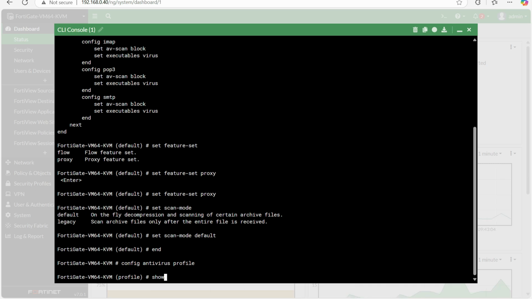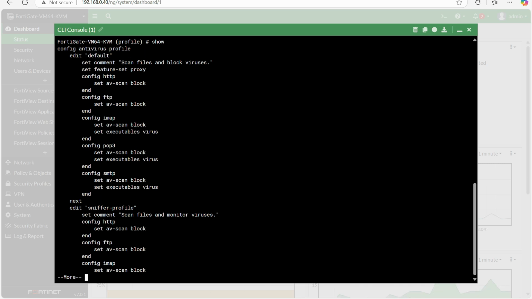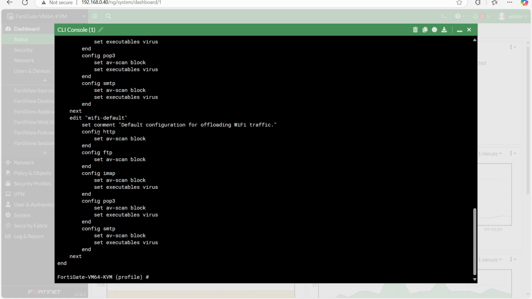Then you just have to enter show. If you enter show, it will automatically display the currently running settings: set feature set proxy, config HTTP, set AV scan block. If you want to change anything, let's say I edit our default